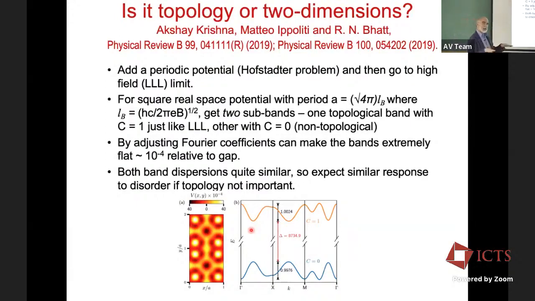We took a Landau level and we added a Hofstadter periodic potential to it. And we added the periodic potential with a sufficient number of Fourier components that the Landau band split into two bands. Okay, the Landau level split into two bands. There's no disorder yet. And these two bands have bandwidths that are comparable. In these units, they are 1. And the band gap is 8700 in these same units.